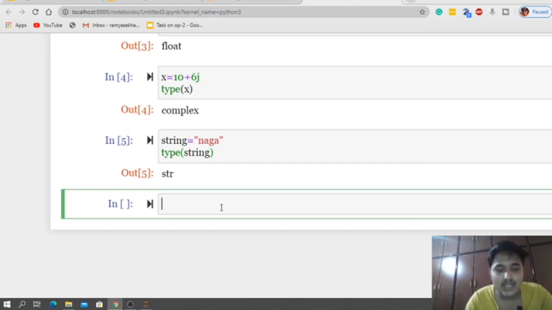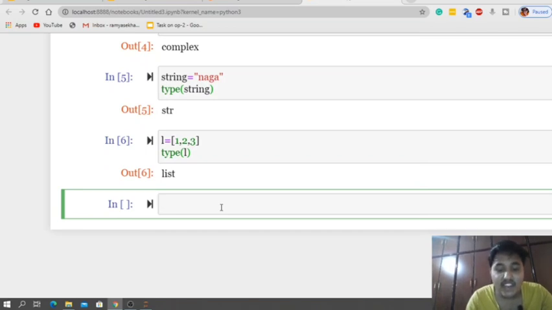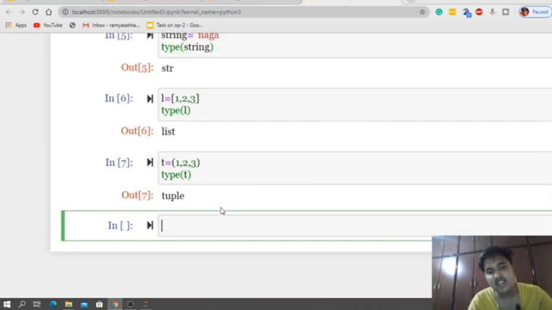Now let us talk about the sequence types that are available. I am declaring like this: if I declare in square brackets, the type is automatically list. Now if I declare that in parentheses, what is the type of that? The type of that t is tuple. Now see here, I am declaring like this. Can you tell what is the type of this?